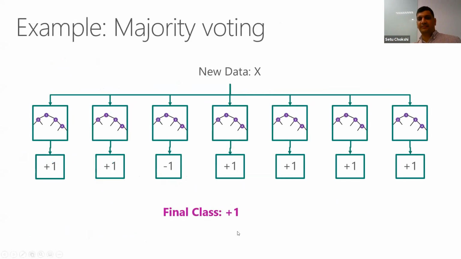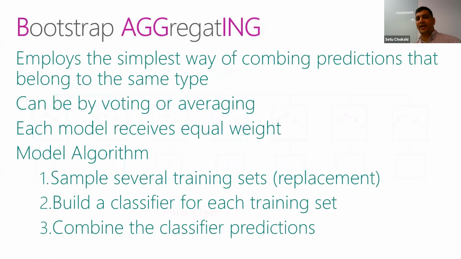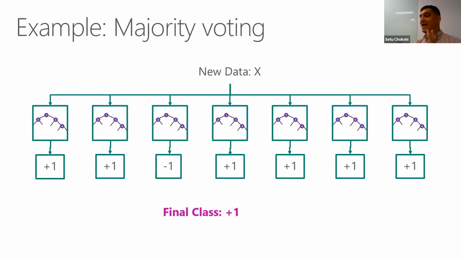Now let's say I had two classes, plus one or minus one. Everybody built their own decision trees based on random sampling and random feature building, and most of them came up with one. So I can say majority wins and work that out. In this case I couldn't do an average because I just had two classes, but there are situations where you can use an average, specifically in regression. When you're doing regression with decision trees, that's what you end up doing.